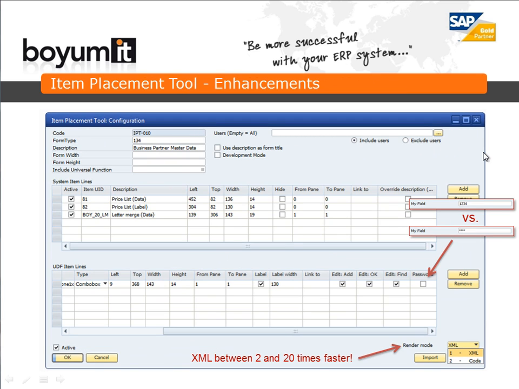Next module is Item Placement Tool. Item Placement Tool has two important features. The first one is that UDF items can now be shown as password fields, so you can either see the clear text or the password stars. But the most important is the new performance in it. We now have a new render mode down here,